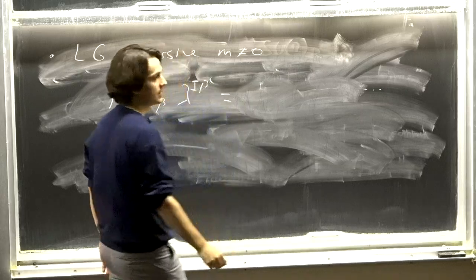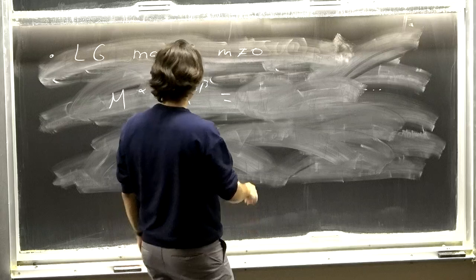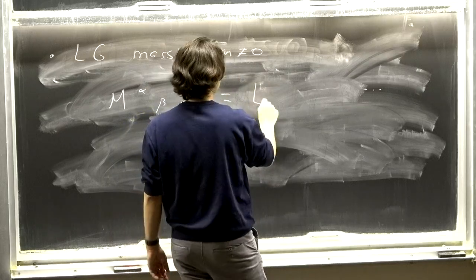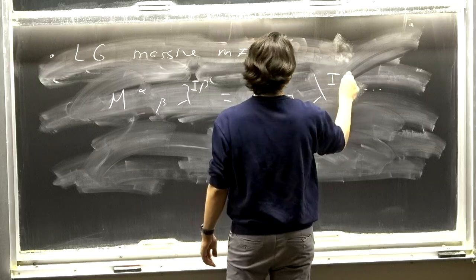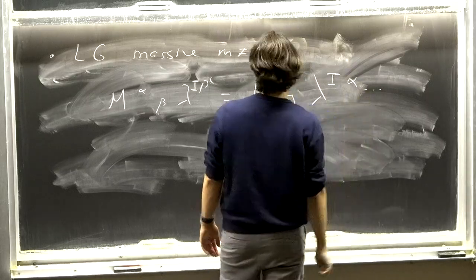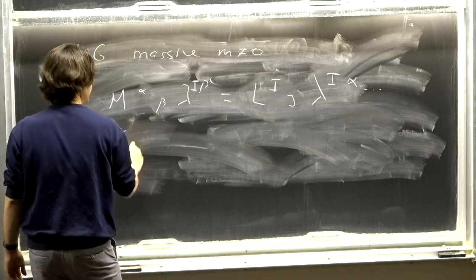Now I have this extra label I, because I have two different spinors. So in general, this is going to be some L_i^j acting on lambda^I. And similarly, I'm going to have that my lambda tilde